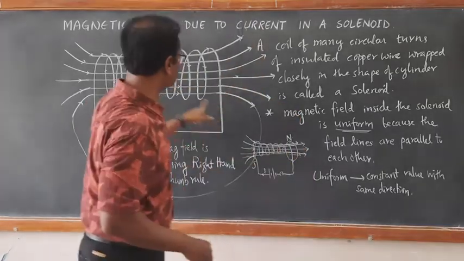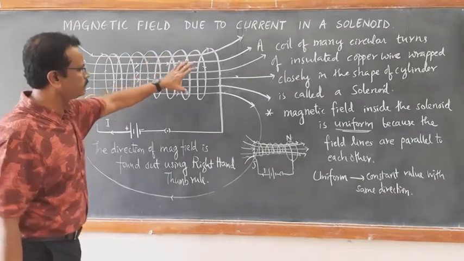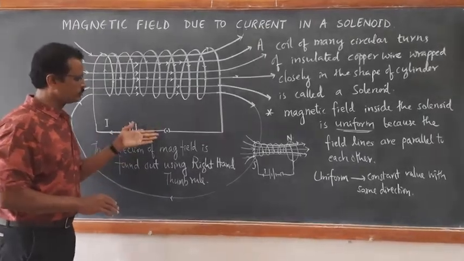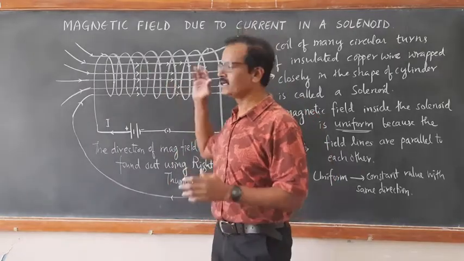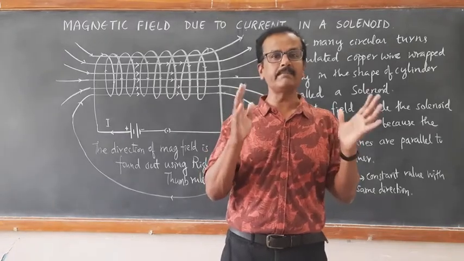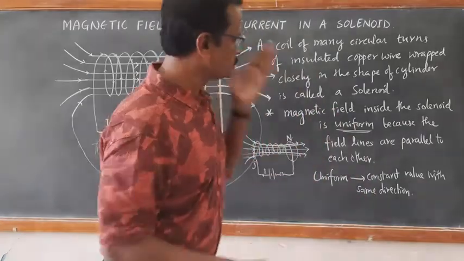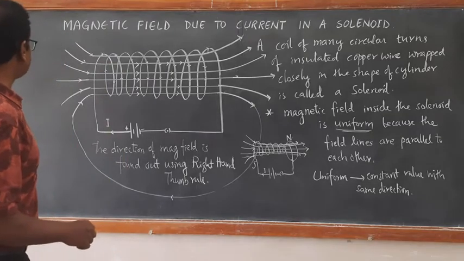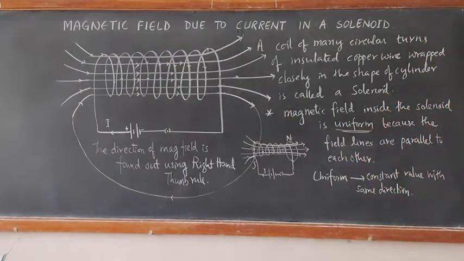This means as long as there is a current flowing through the turns of the solenoid, it will have the magnetic field. The moment we stop the current, when no current flows through the solenoid, there will be no magnetic field. Therefore, this solenoid carrying current behaves like a temporary magnet. It is also called an electromagnet. You might have studied the applications of the electromagnet in lower classes.